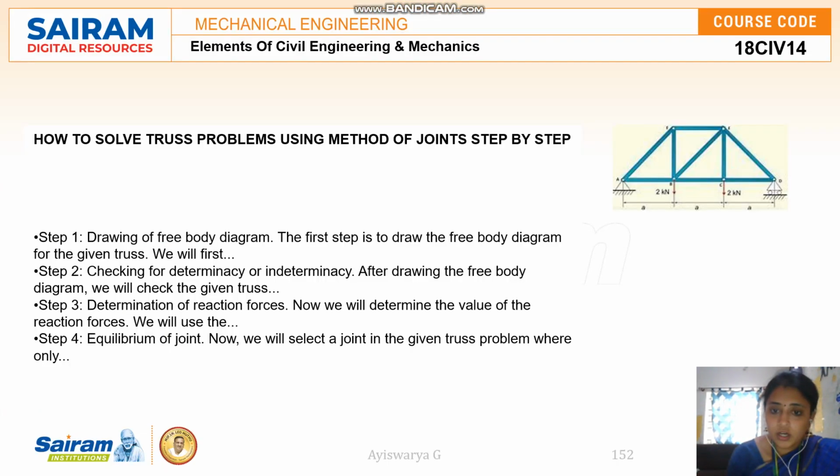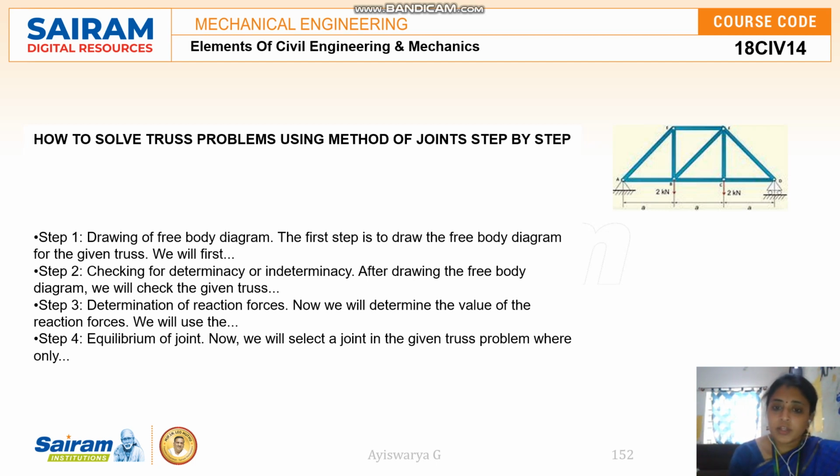We were seeing the two methods and the step procedure in the earlier video, and now I will repeat it again, guys. For both method of joints as well as method of section, you will be using equilibrium conditions only. But in the method of joints you take joint by joint for solving the numerical. In the method of section, you do not take only one point. You take the entire section, cut the section into two parts, and solve one part.